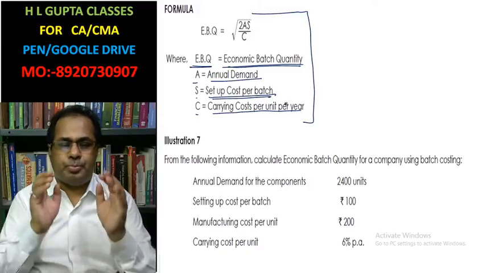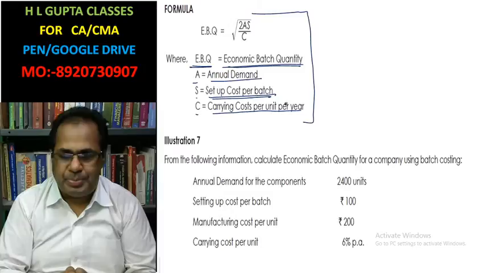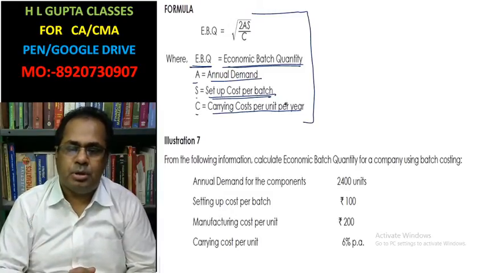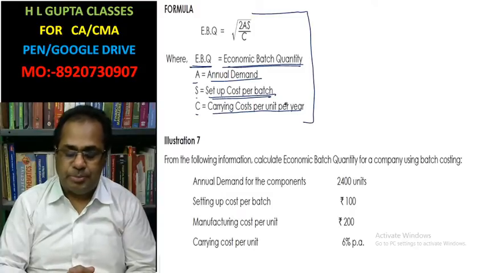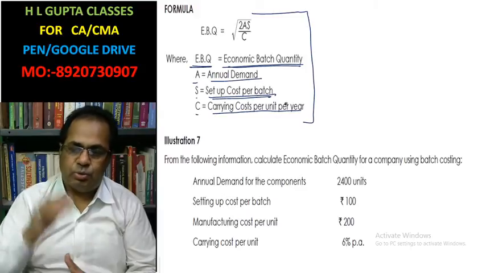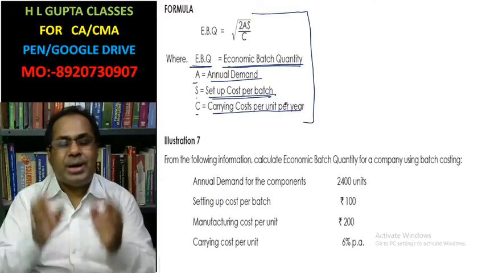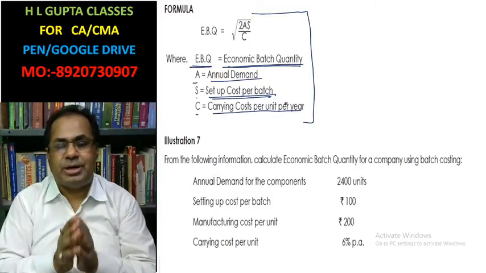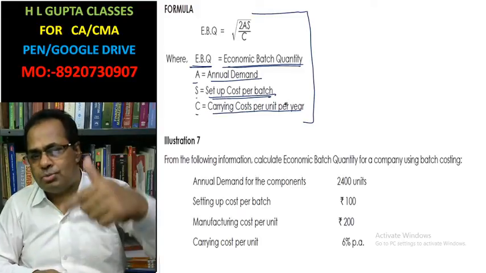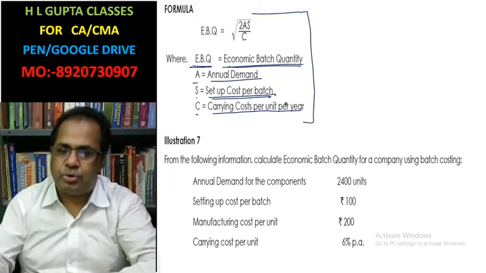Suppose you are going to make an invitation card, then the press, that your machine man sets in the press where your card is made, will find the quantity at which, if I produce the invitation card, the cost will be the minimum. That is what we have to calculate.